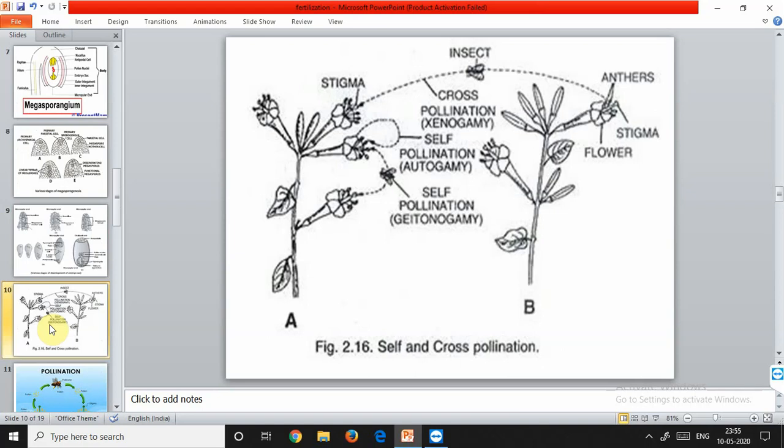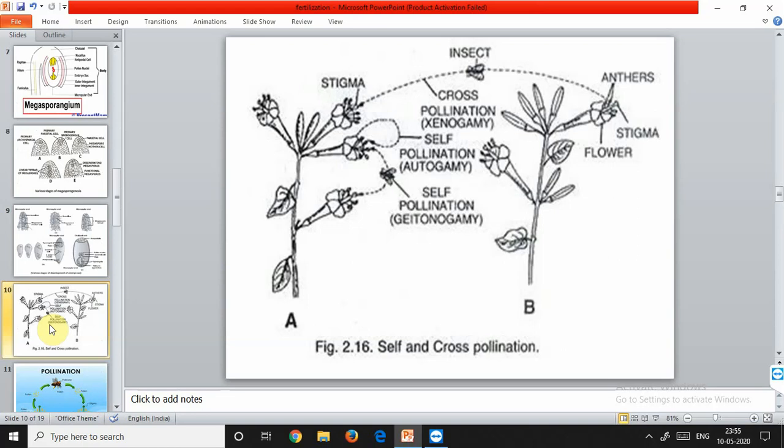It maintains the purity of the species by preserving all the parental characters, as there is no mixing of the species, as the plant remains the same. There will be no mixing and the parental characters will remain preserved. It is used to obtain pure line characters during breeding experiments. Then plants do not have to be dependent on pollinating agencies.